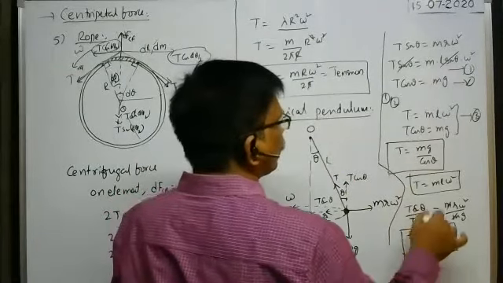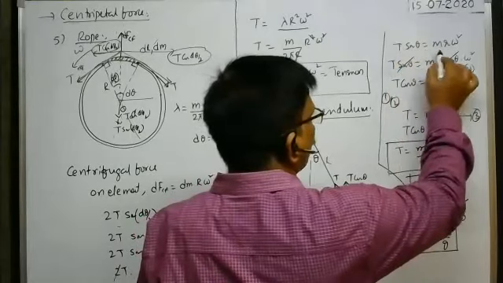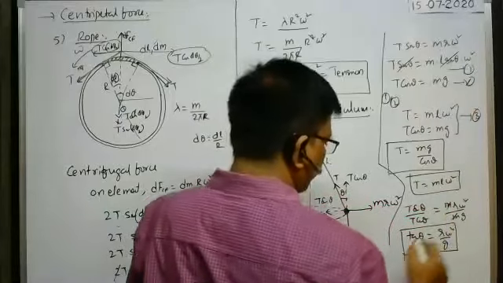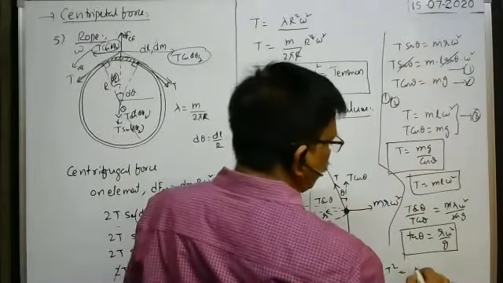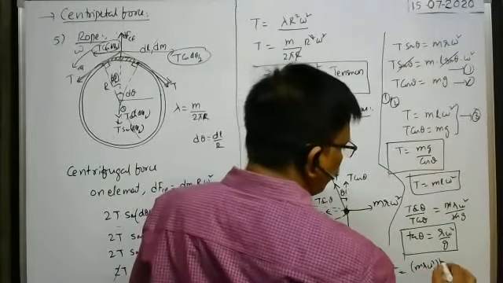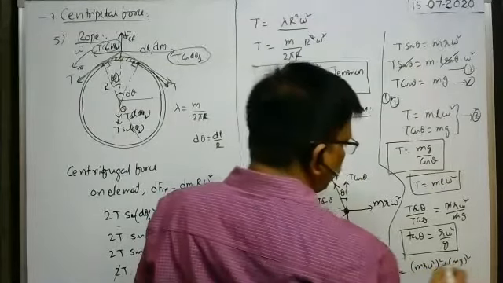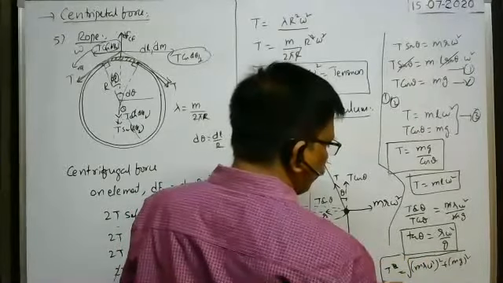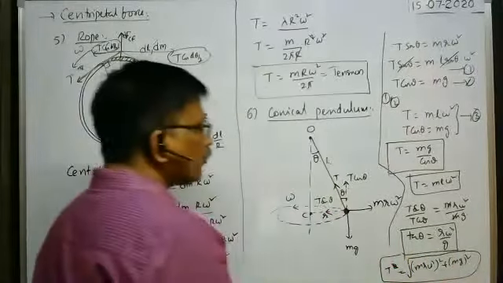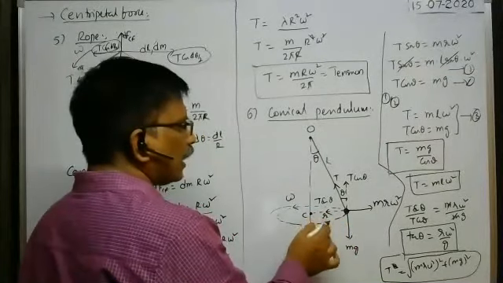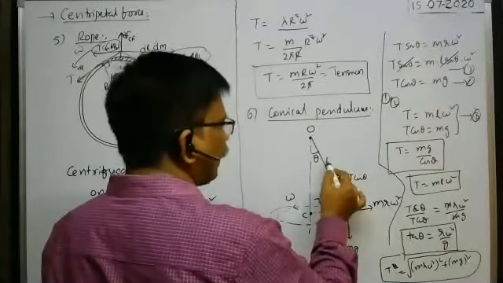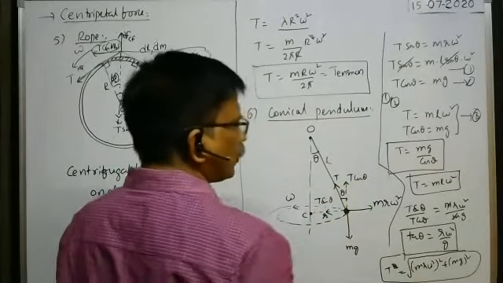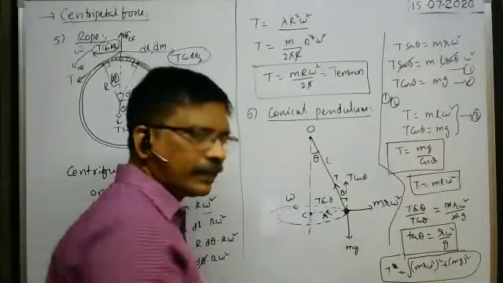Or if they ask for the tension, then T sin theta is equal to m r omega square, and T cos theta is equal to mg. Then you square these two and add them. Then T square is equal to (m r omega square) whole square plus (mg) whole square. Therefore, T is equal to the square root of that. This is also one more formula for tension. If the r value is not given, instead of r in this formula we have to write L sin theta. If r is given directly, then we can write it like this to find the tension.